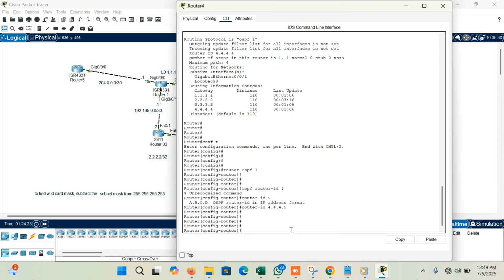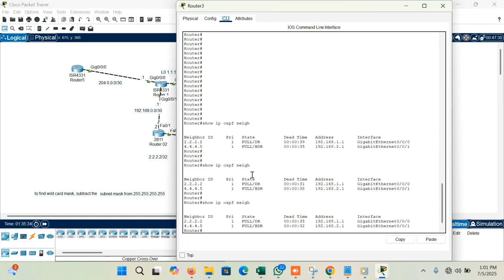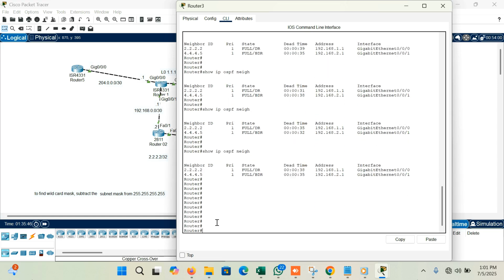So for example, let me go and check the other routers as neighbors. The command to view the neighbors is show ip ospf neighbor. So I type show ip ospf neighbor. Alright, as you can see,